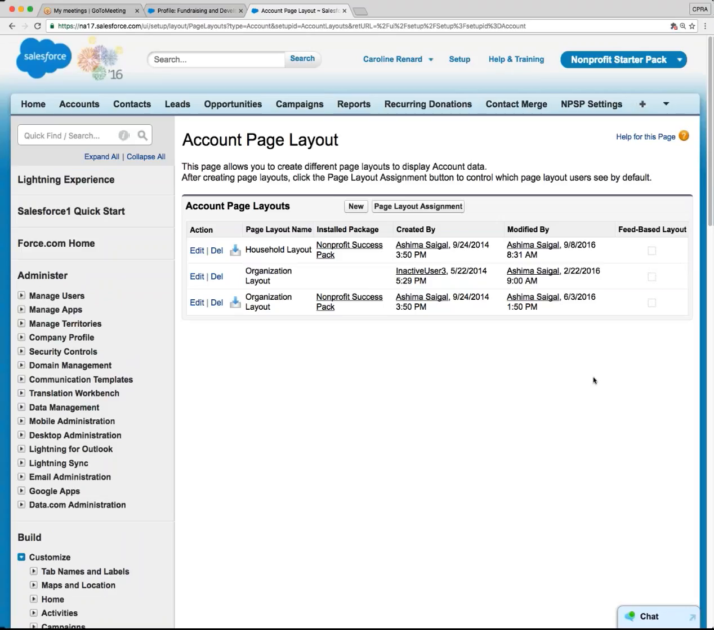But I think we should just point out, you do need some record types on account, don't you? Particularly if you're using the nonprofit starter pack. You do, but remember that the nonprofit starter pack actually adds the household record type and the household layout, so you can subsist just fine with all of your profiles having the organization record type and the organization page layout